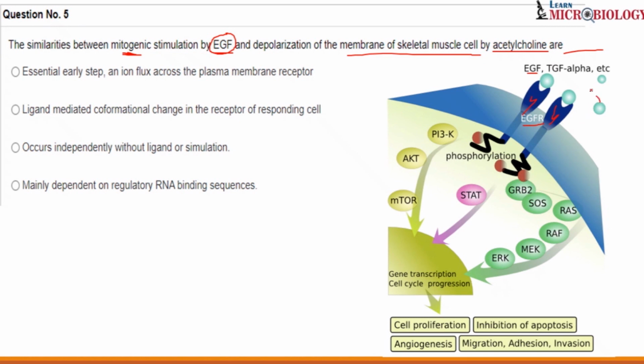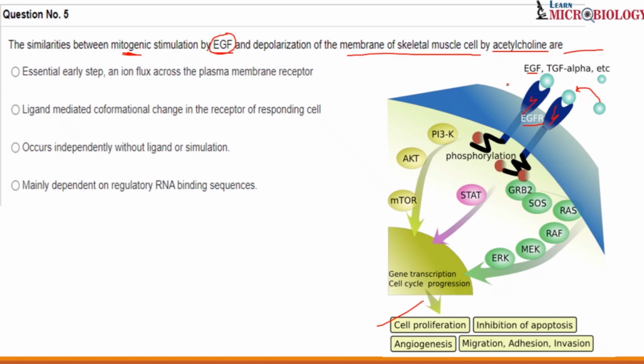Now, once this molecule binds to this receptor, the receptor gets activated by phosphorylation, and later on it is going to activate RAS, RAF, MEK, and all these particular molecules. These are all signaling molecules, like a cascade. If one gets activated, the next will get activated, and the next, like that. Okay, and finally it will go to your nucleus and allow for cell proliferation. That is the main function of this EGF.